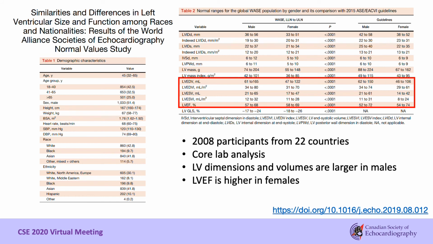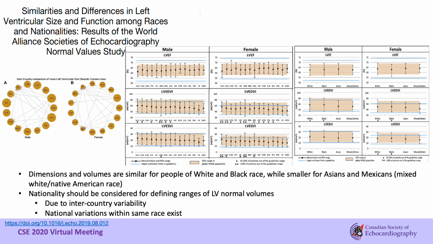As you can see, LV dimensions and volumes were larger in males than in females, while females had higher LVEFs. Also provided are the cutoff values in the 2015 guidelines, and you can see that the upper limits of normal values for the volumes are larger than that in the current guidelines and will likely trend upward in the next guidelines, as well as the range for ejection fraction is narrower, and that will probably also be changed. The WASE study also provided